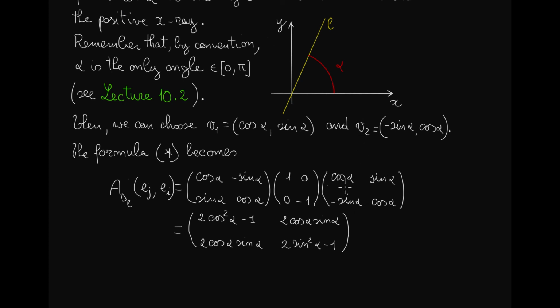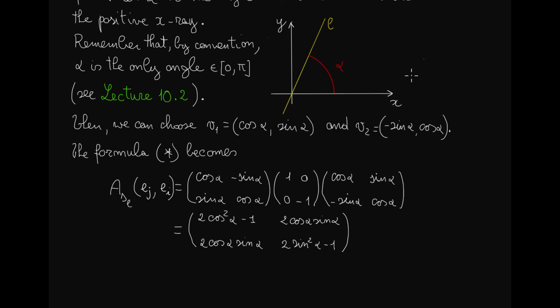This is the inverse. And this is precisely the matrix with column V1 here and this column V2. If we expand this product of matrices, we derive this expression, which depends just on alpha. So this formula depends, as it should, just on the angle alpha. Angle alpha determines the axis L. Therefore, that is the only variable that has to be specified in order to write the associated matrix of the